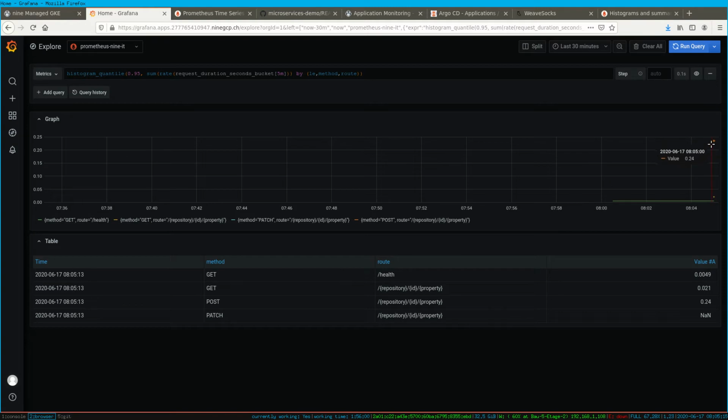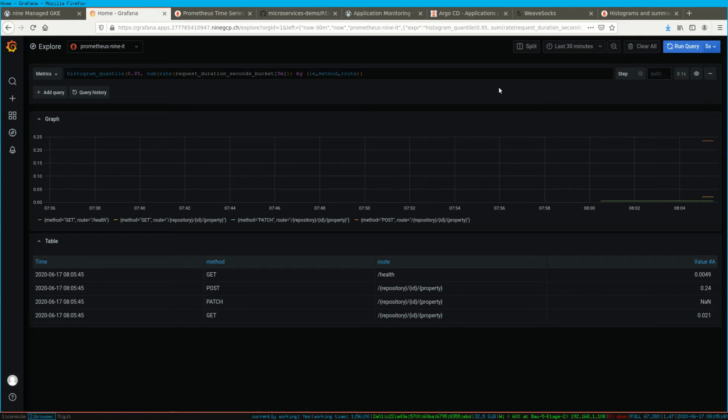There's just a small point here. If you click on that, you can see, okay, for post and that route, 95% of all requests have been faster than 0.24 seconds. You can actually also say, okay, we want to have that automatically reloaded. So that's the way actually to add metrics to your application. You can just define service monitors and pod monitors, and Prometheus will automatically pick that up, create a scrape configuration,